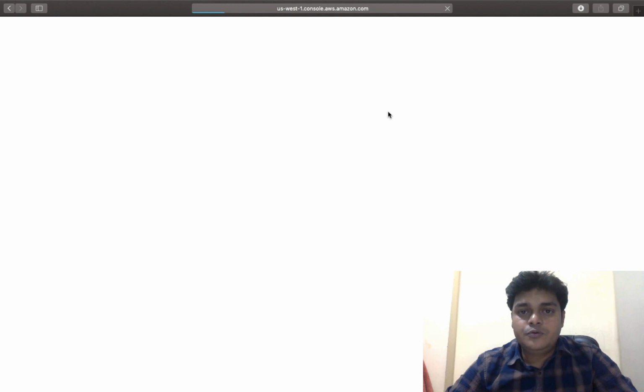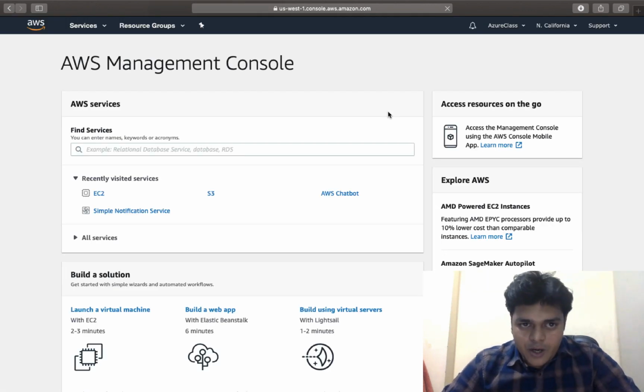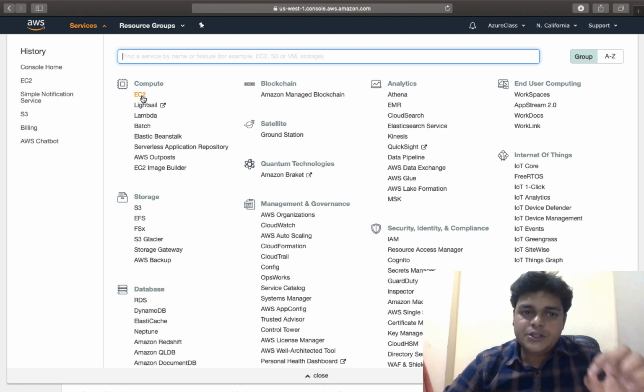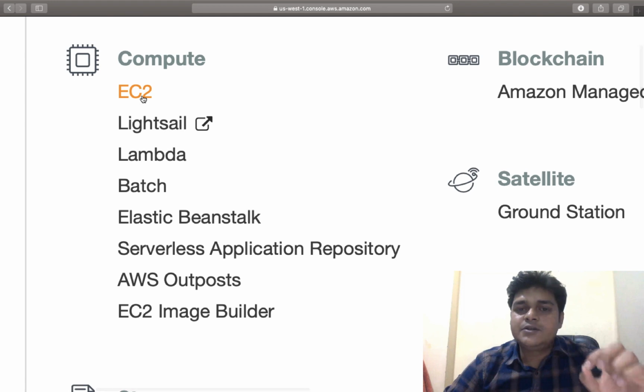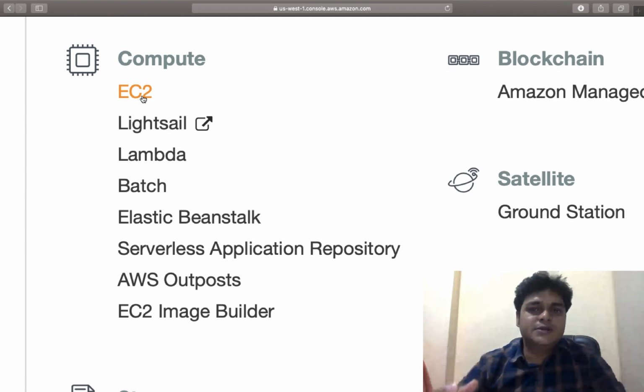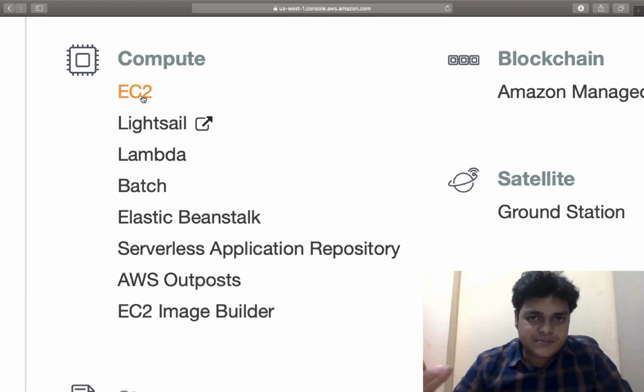If you are planning to host your website with the help of a WordPress server, first of all, click on all services, go to the compute part, and under compute we have one option, EC2. As you know, EC2 is Elastic Compute Cloud, which contains multiple images, multiple operating system types, or you can say templates of operating systems.